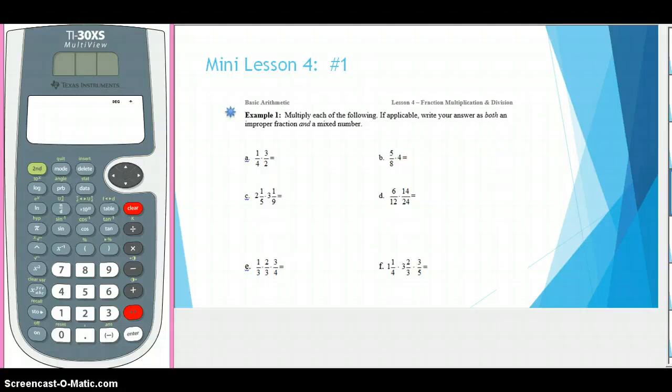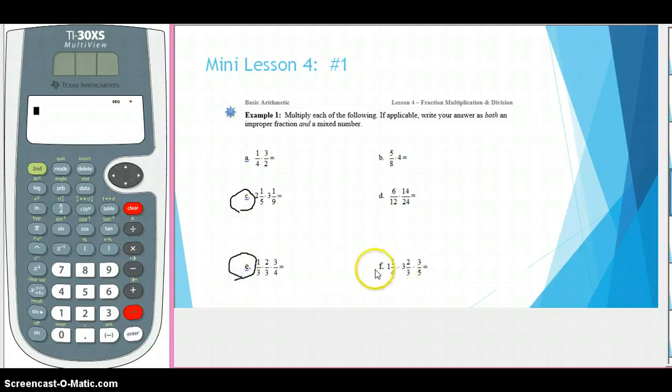In this video, we're going to look at a few examples from mini lesson 4. So first we're going to start with multiplying fractions and mixed numbers on the calculator. We're not going to do all of these problems, but these were done on the mini lesson video by hand, so you can practice them on your calculator and check your work. So I am going to do, how about C,